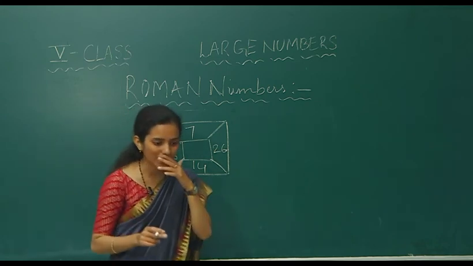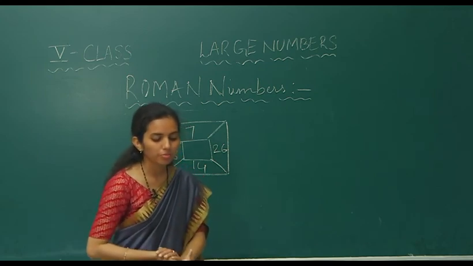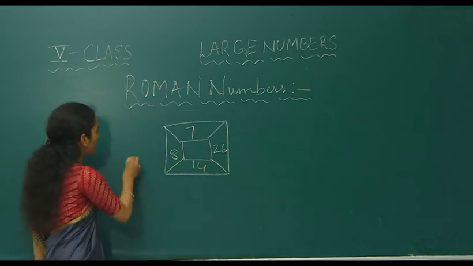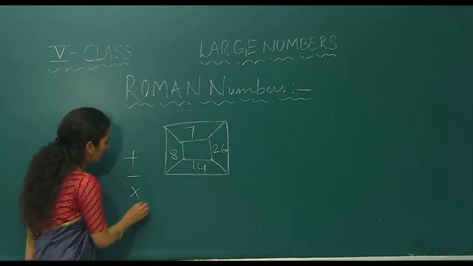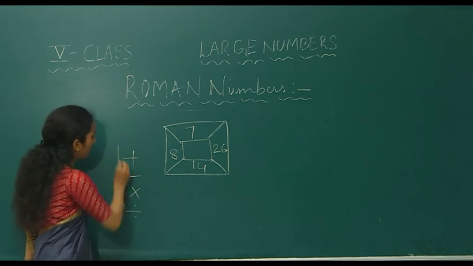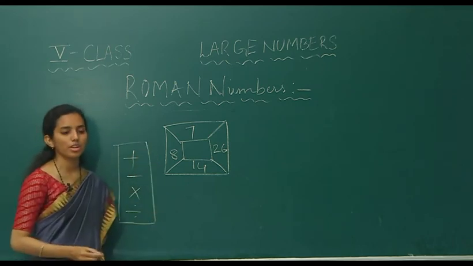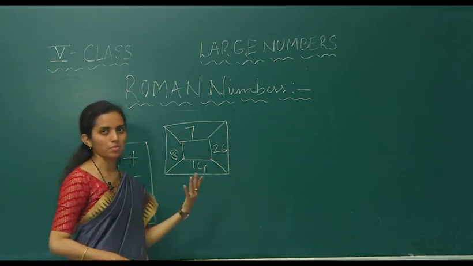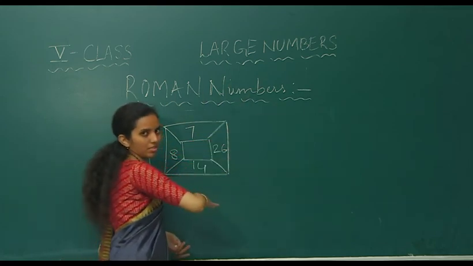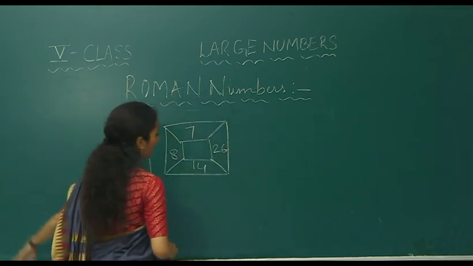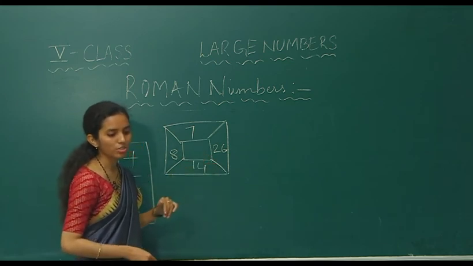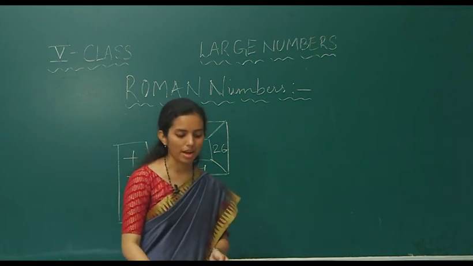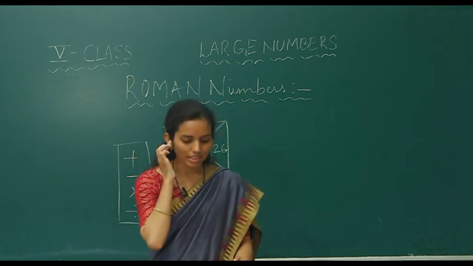So what is he asking? He is asking us to do the calculations, the fundamental operations. What are the fundamental operations? Plus, minus, multiplication and division. These are the four fundamental operations. And how is he asking us to do it? In the anti-clockwise manner. Clockwise means like this, yes or no? So anti-clockwise is like this. So he is asking us to do it in the anti-clockwise manner.